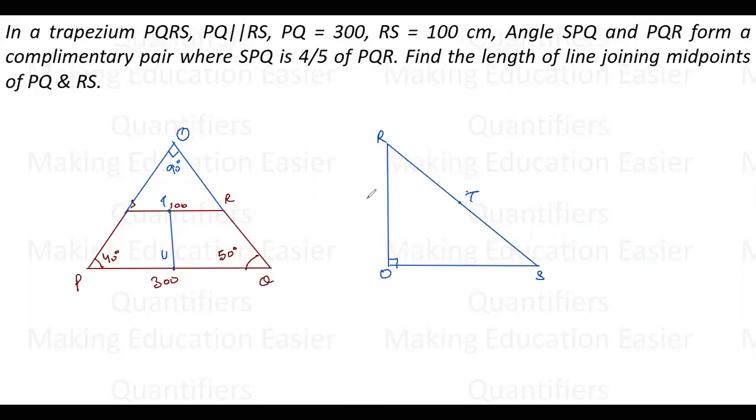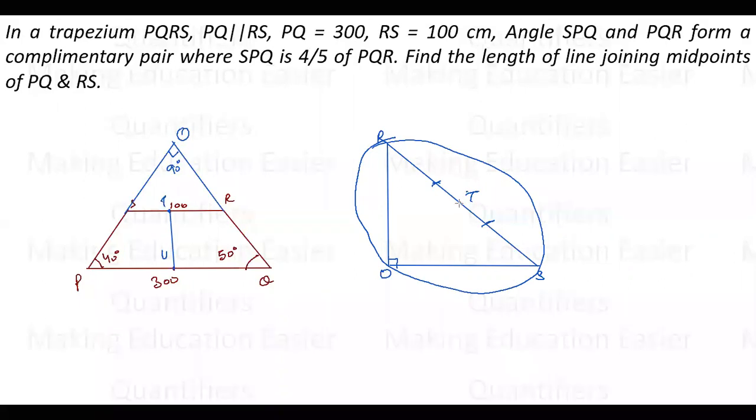if there is a circle around this triangle, if I draw a circle here around a right angle triangle, then what will this be? It will be the radius. So TR is the radius, TS is the radius, and since T is the center of the circle and O is on the edge, OT is also the radius. So this is also a radius, this is also a radius, this is 50, this is also 50, and this is also 50. So basically this side comes out to be 50.